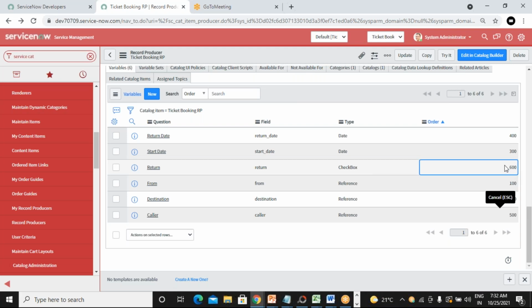So this is how you can order it, whatever you want. Whatever order you want, you can get it by providing the order number.